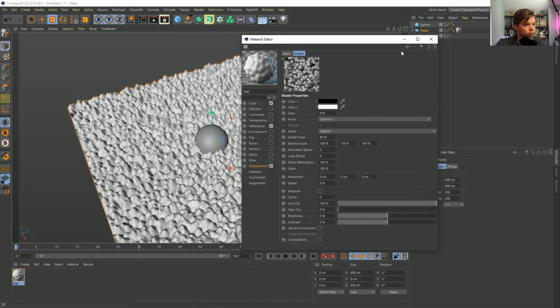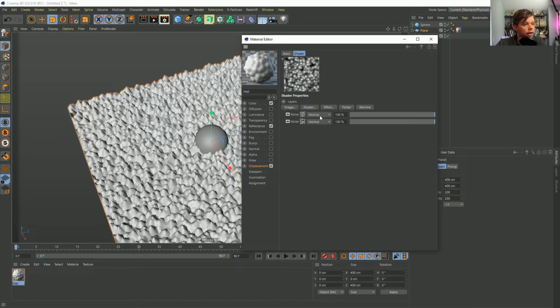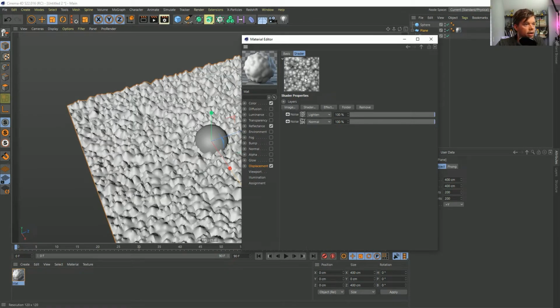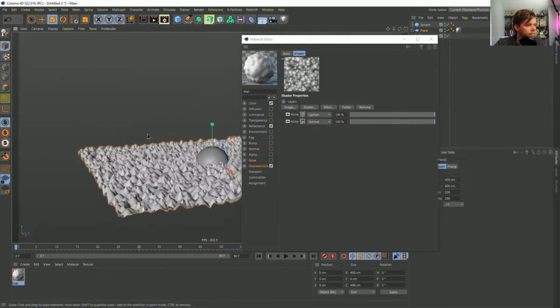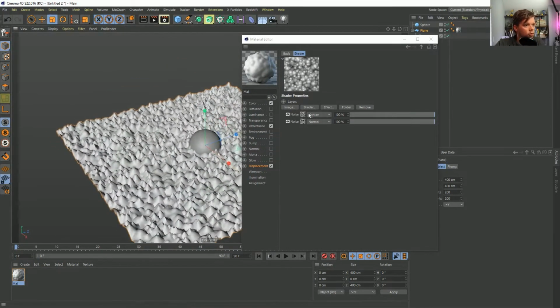So see, here's a smaller version of the pattern, and if we go up to this layer and look how they're combining, I would always screen things, but instead I'm going to lighten them, and you can see the visual of how they lighten. It's a really nice way of combining them. So you get the best of both worlds, and we can layer things up in different ways. We can make this one maybe not